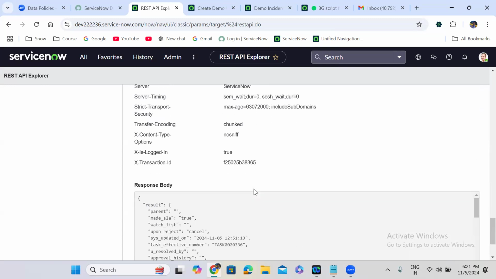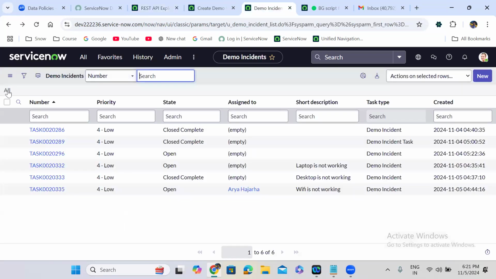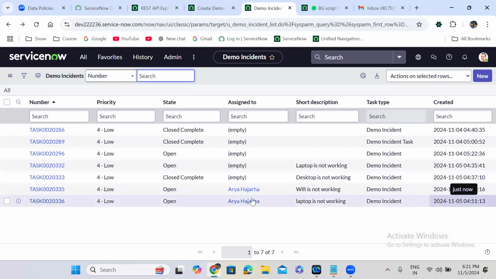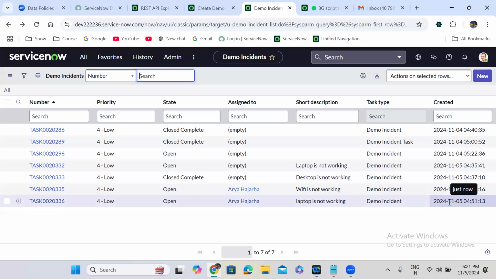Now you can see it has created the record. If you go to the demo incident list, you can see here just now a record is created. This record is actually created from the API. So these two records are created from the form. This record is actually created from the script. This record is actually created from the API Explorer. So guys, remember